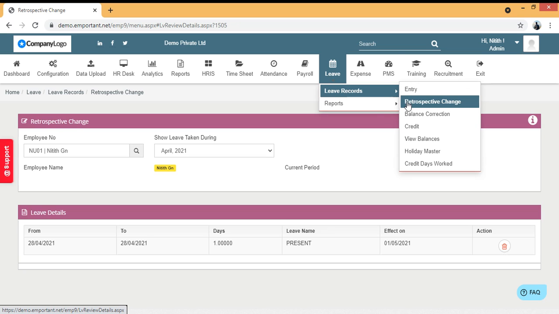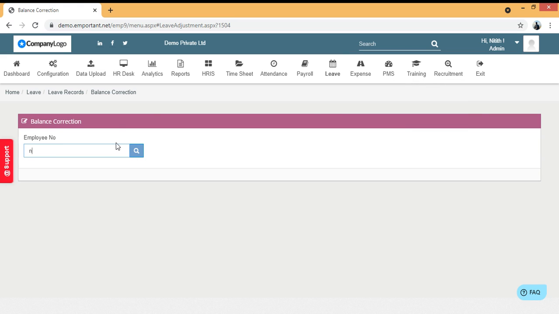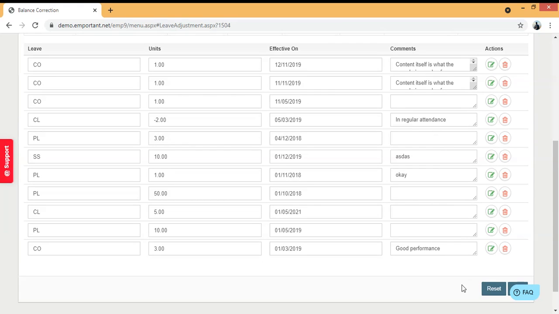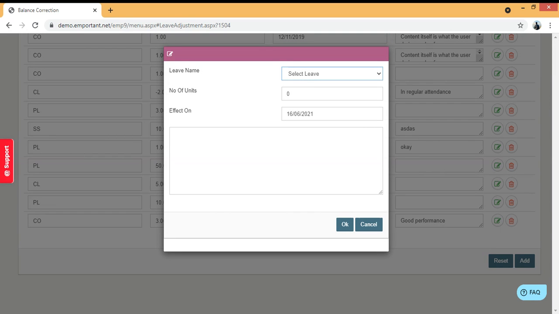Now coming to the screen where you can execute balance correction. You can make any addition against any employee by simply following the path. On selecting, you can enter the employee ID first. On selecting the leave name, here you can click on add. Select the leave name,